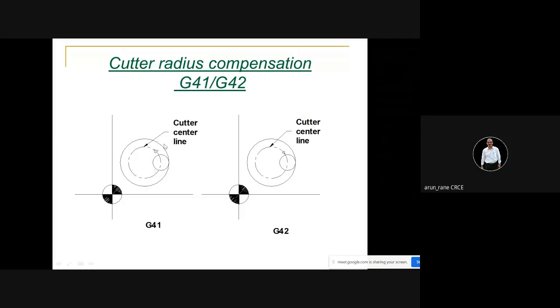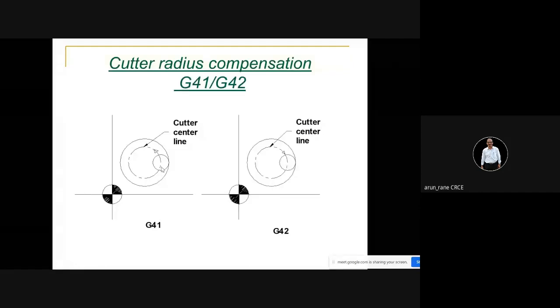That is, you take an end mill. This is the end mill cutter, a milling cutter, and you are moving the cutter like this. So you have to go as per the direction of the cut. So where is your profile? This is the profile which is to be cut. Look at the arrow, and the cutter is on the left hand side, isn't it? So you are going like this, the cutter is on the left hand side. So that's why I need to use G41 here.